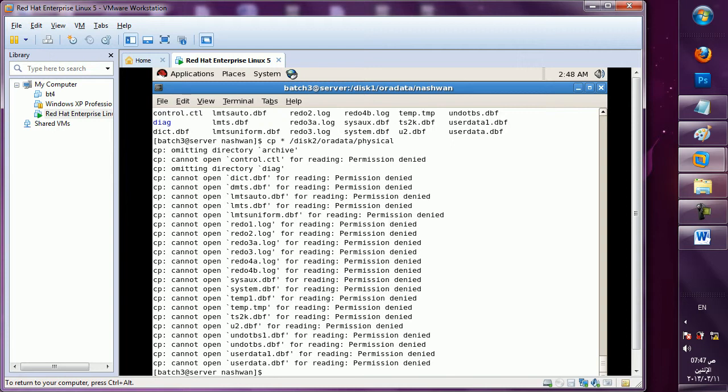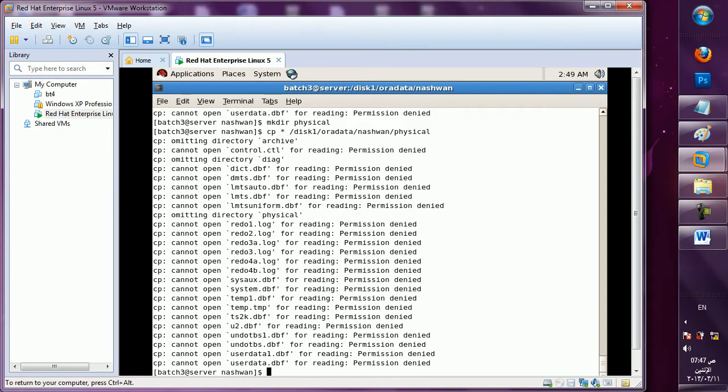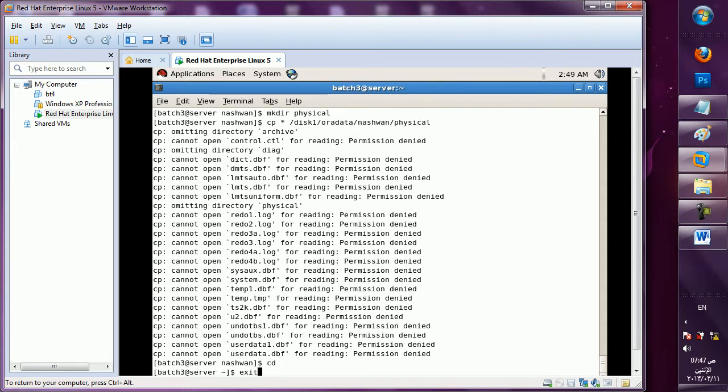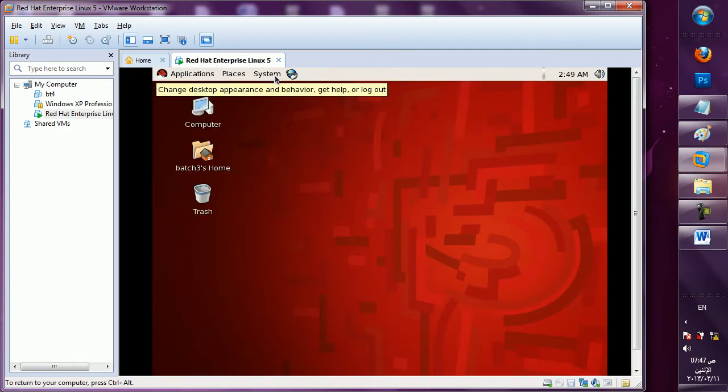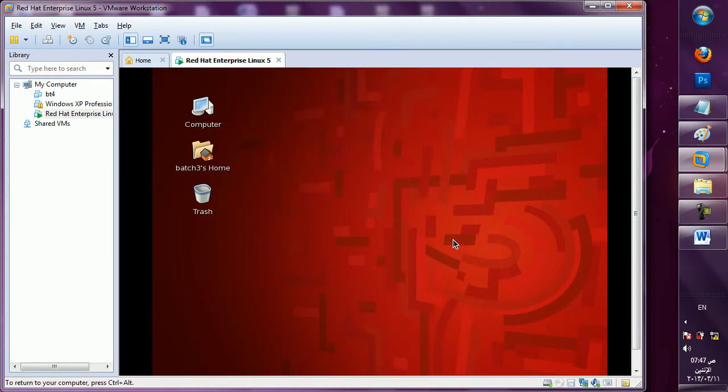There is no permission. It is not accepting, so I will move from this to that folder.